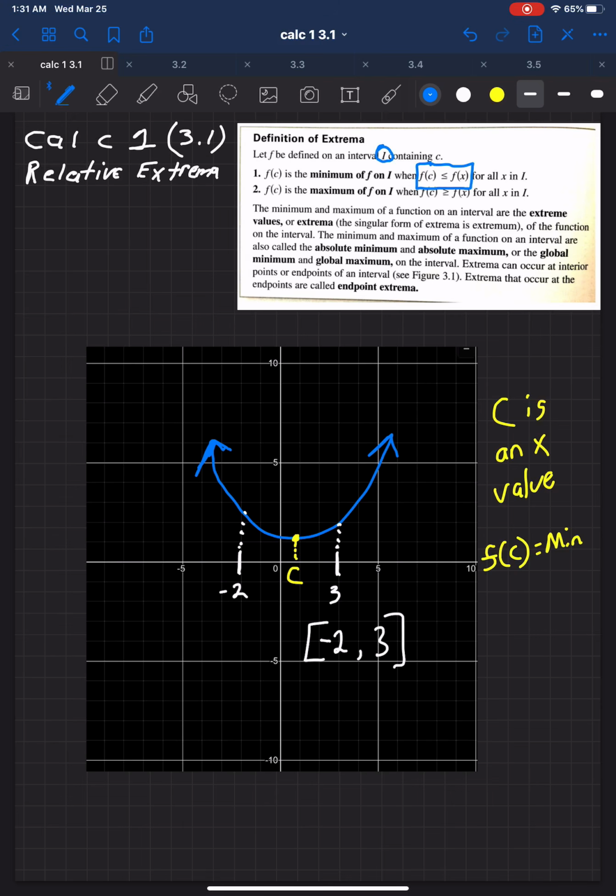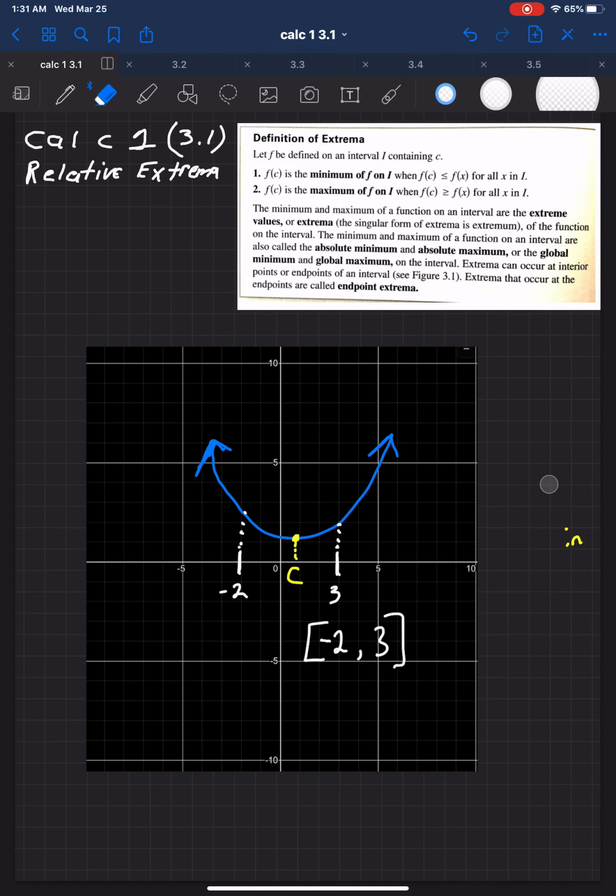I could go through the exact same explanation for what it means to say a maximum, but I think we pretty much got the gist. Let's now just establish some vocabulary. You don't have to write it, but just listen to me for a second. There are different types of minimums and maximums that we're interested in, right?